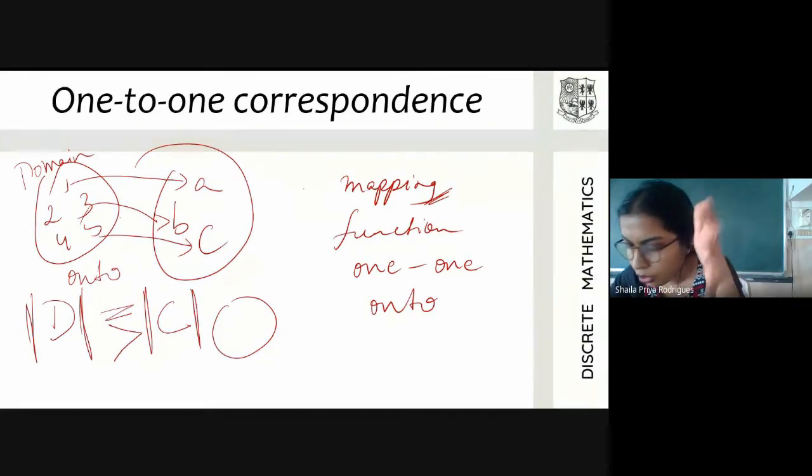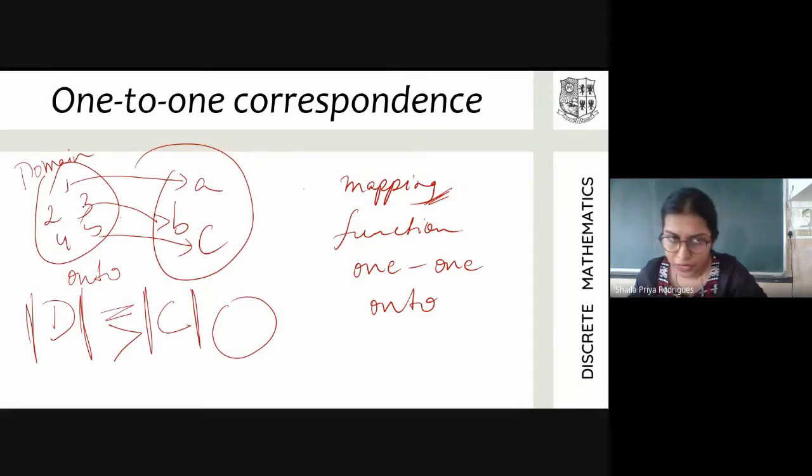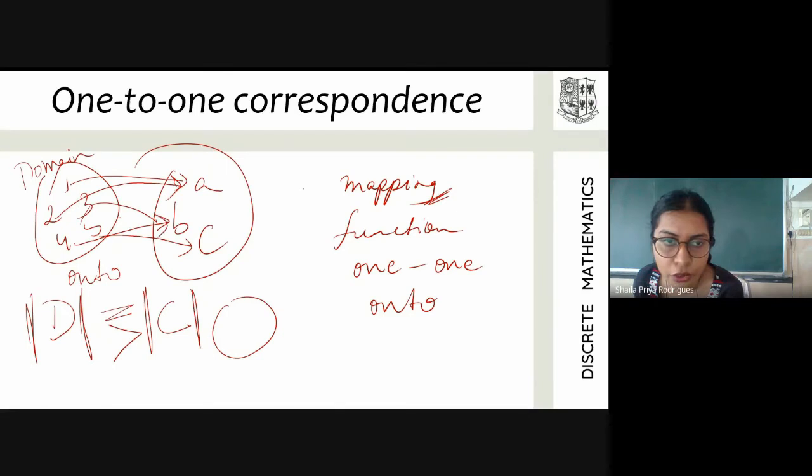Okay, so one-one, onto, I hope it's clear. Now, this is an onto function. With these two sets, can I have a one-one function as well? With the sets that I've drawn here, can I have a one-one function as well? Yeah, it's not a function. Why? The mapping that I've drawn here is not a function because 2 and 4 are not mapped at all to any element. Okay, let me map them. So now 2 and 4 have also been mapped to one element in the codomain. All elements in the domain have been mapped to some element in the codomain.